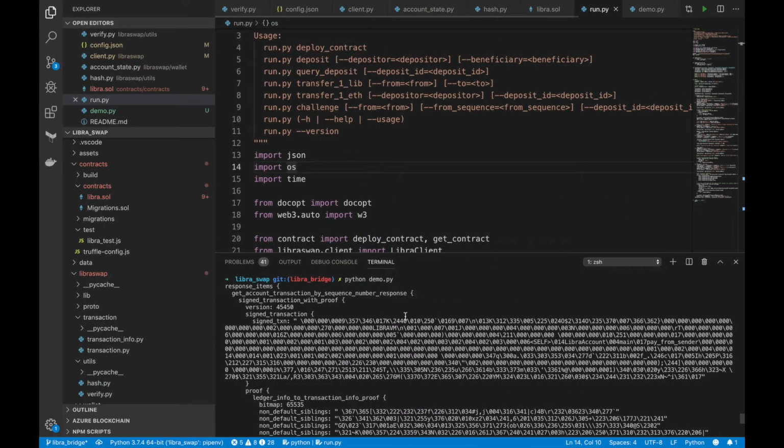Okay, let's take a look at a real transaction from the Libra testnet. This is the transaction from the Libra testnet. You can see the response has the version. So the version represents the unique ID for a transaction and is useful to identify the location of one transaction in the transaction accumulator. For example,